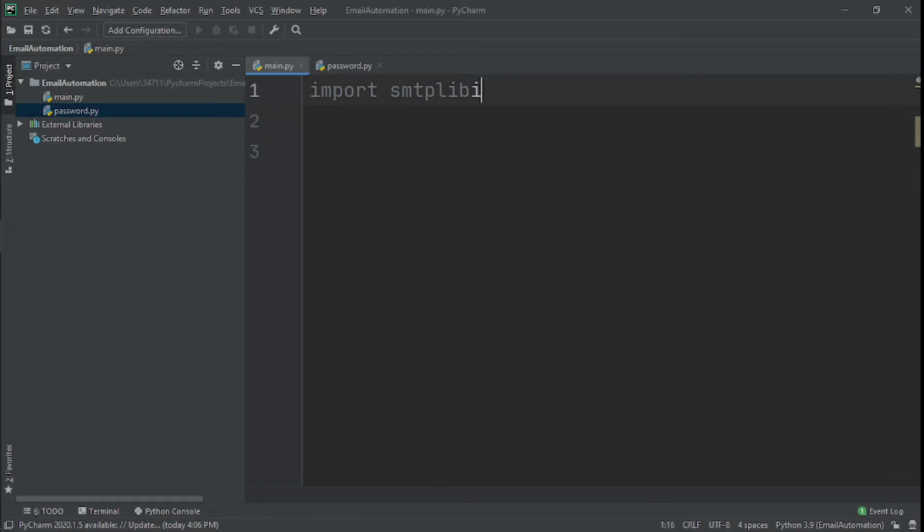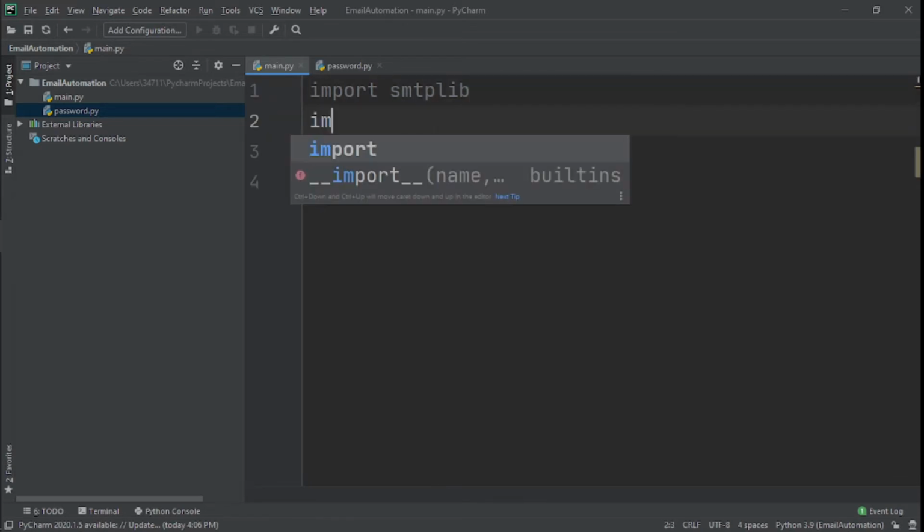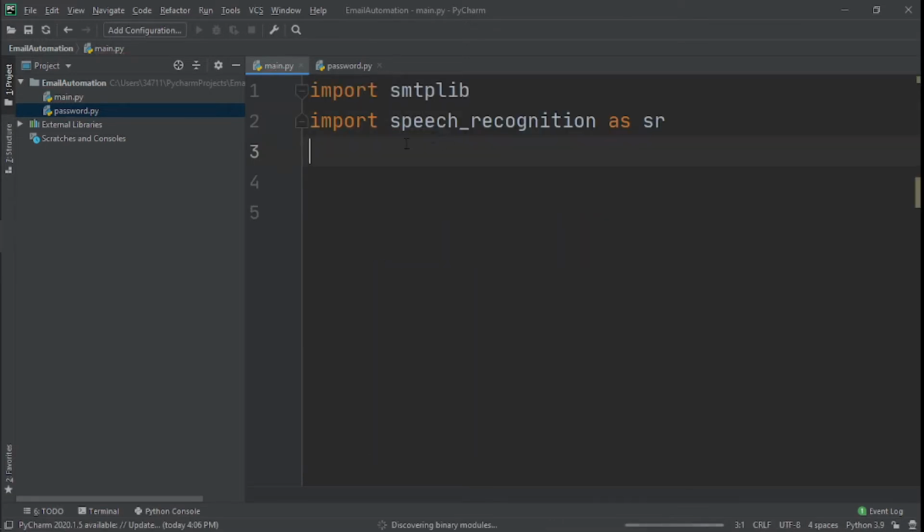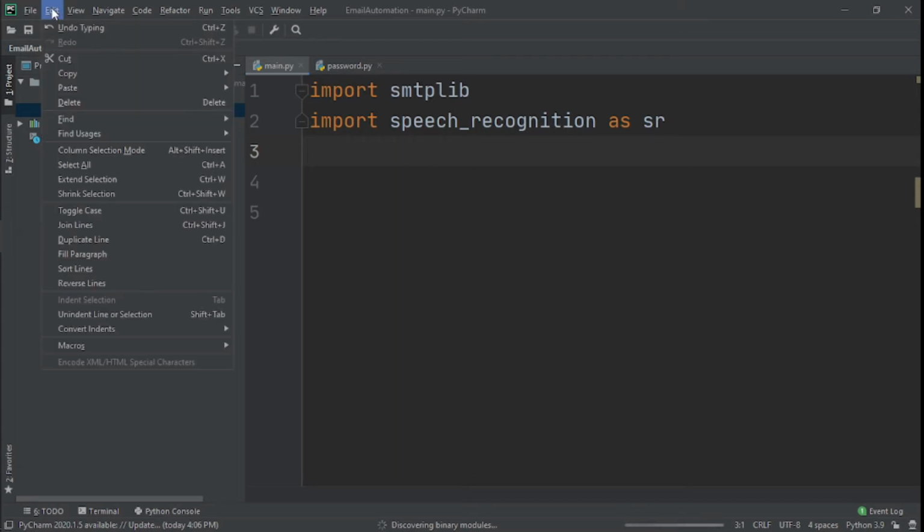And after that, we'll also import speech recognition. If it's not working and you're not able to install it properly, what you need to do is